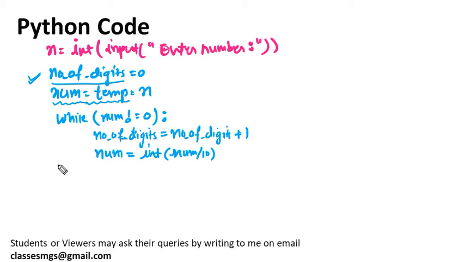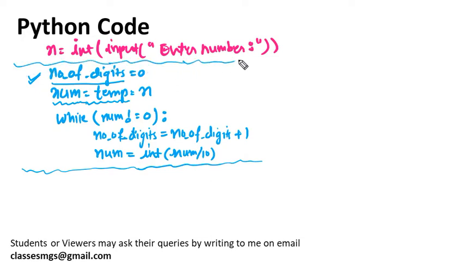This much portion of the program is to calculate the number of digits only. Now the next portion will be to find the sum of the digits raised to the power of the number of digits. Okay, so let's take some different color. Let me take green color here. Now what we need to do, some variable you will create, sum equals to 0.